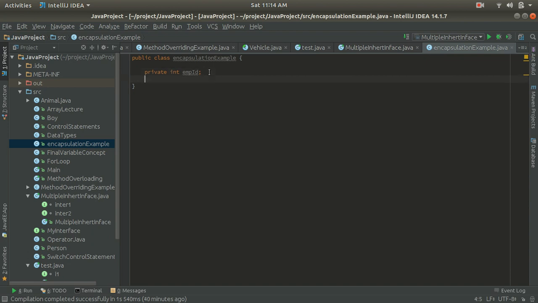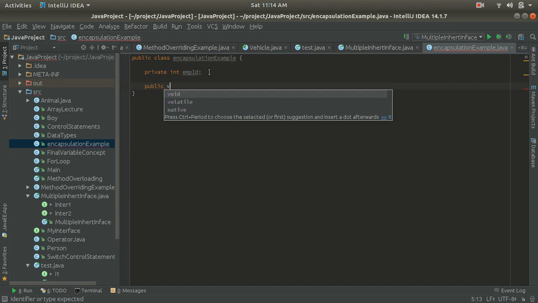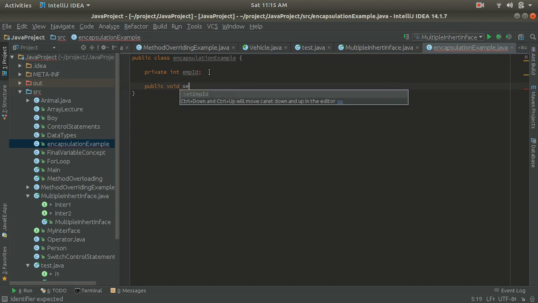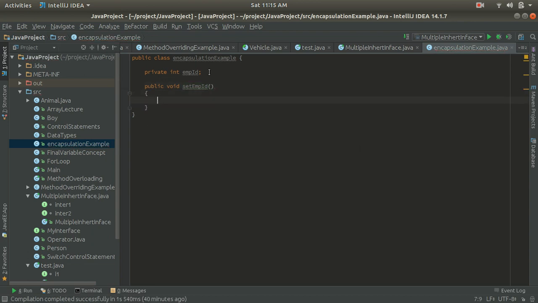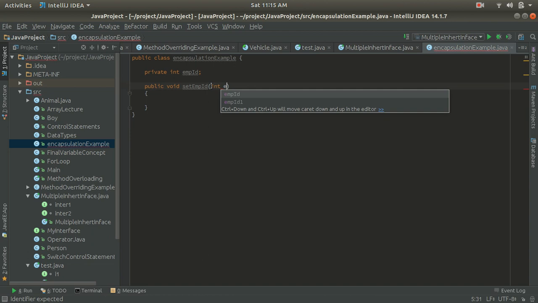And guys, we have done that. Now I will create a setter method to set the value. So let's create a setter method first. Let's say public void, and the setter method is like setEmployeeID. Here we have to set the value. It means we have to pass a variable, so we have to receive the value as an argument. So let's say that we are receiving it with the EID value.